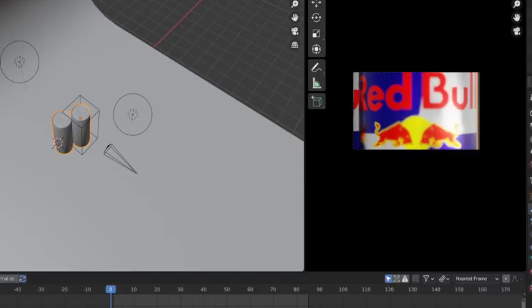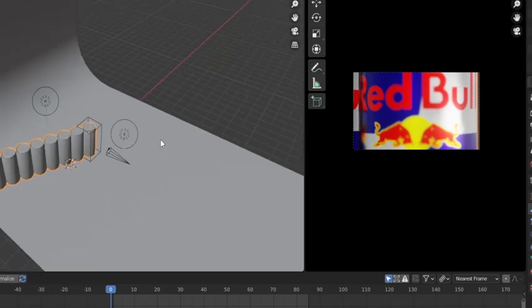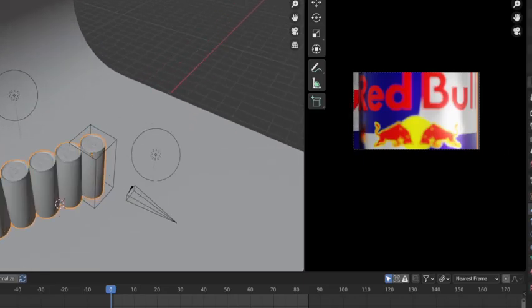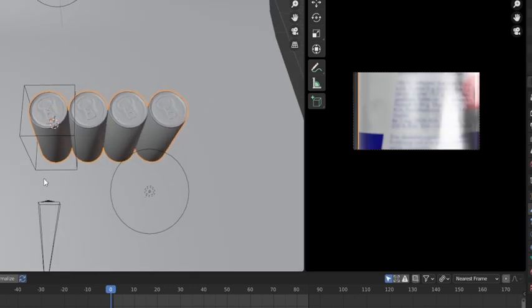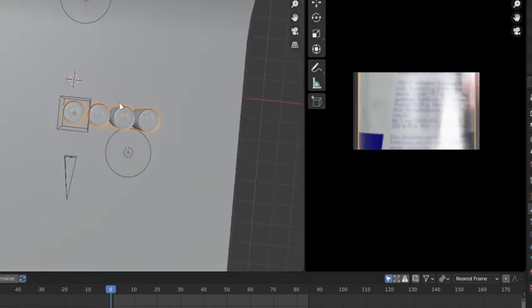What we can do is increase the count to something that we need. You can see it basically goes on forever, however many cans we want to add in. But I'm first noticing that the rotation is incorrect, so I'm going to press Alt R, and that's going to fix the rotation for us. I'm also seeing that they're touching each other in the center there, so I'm going to change the relative offset factor. If we increase this just a tad, something like 0.06,